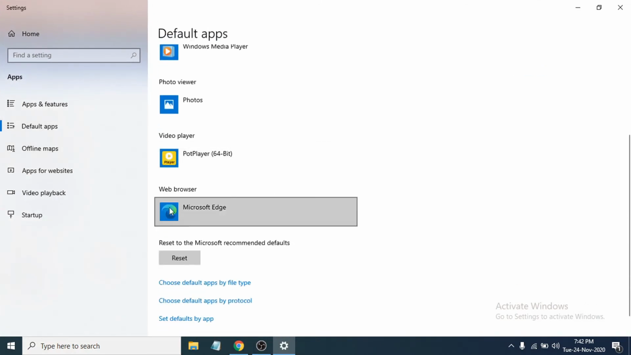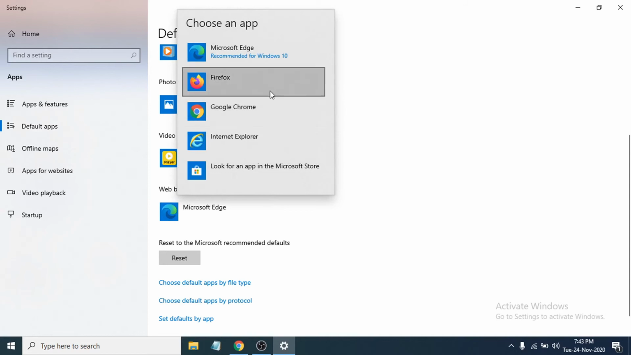And if you scroll down, you will see an option here, web browser here, which is Microsoft Edge here. So your default browser is Microsoft Edge now. So if you want to change to Google Chrome, just click on it, and you will see the browser here. So choose Google Chrome here. So if you choose Google Chrome here, it will be your default apps here. So just click on Google Chrome here,